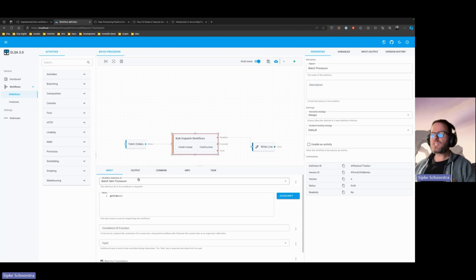And this happens sequentially, so it's running through all of the orders it gets from the items input and immediately dispatching the workflows, which means it's filling up a queue, and this queue is then being processed by background workers, which there could be multiple background workers on the same node. When you're in a distributed environment or in a cluster, each node in the cluster, of course, will have the ability to process this queue. And the more nodes you have in the cluster, the higher the throughput of those child workflows finishing their work. So that's the